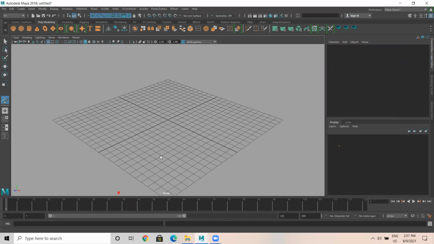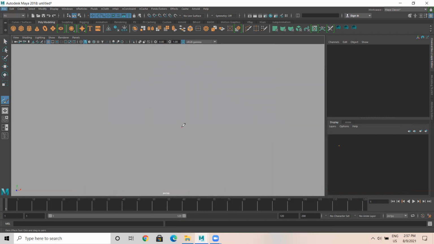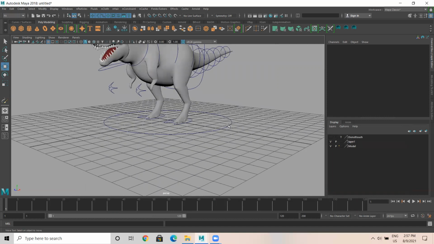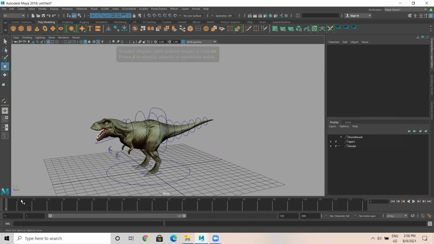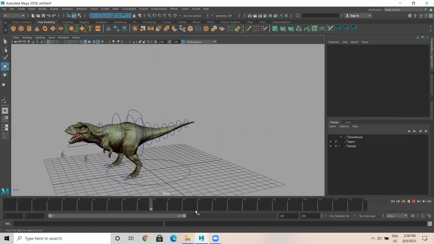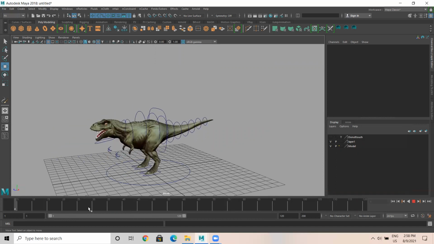I think it is taking some time. Okay, so if you notice, we have a character animation up to here.